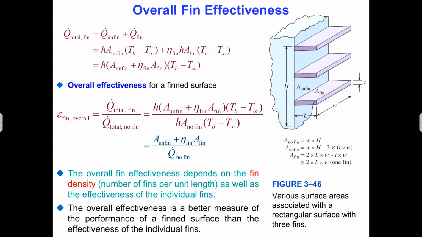That's the calculation you have here. 这就相对简单。你把 fin 的所有面积再加上没有装 fin 的面积，把总热传算起来，那它就是你的 total fin effectiveness。这个我们就不多讲了，这个还蛮直接的，这是纯粹的数学。